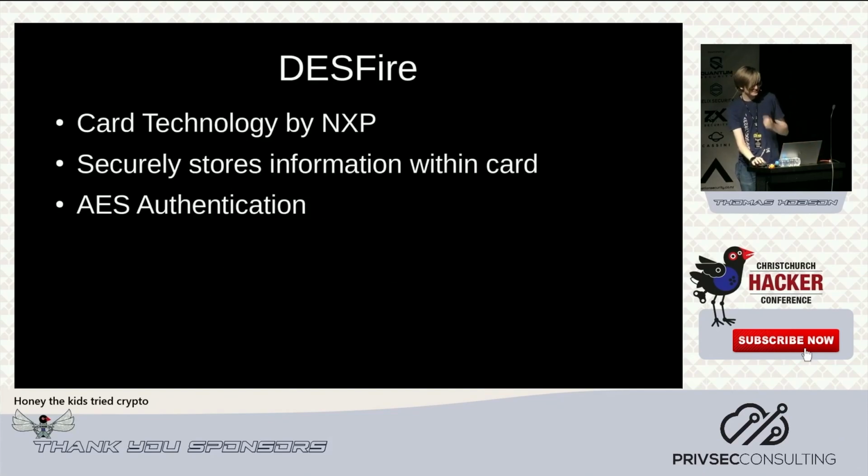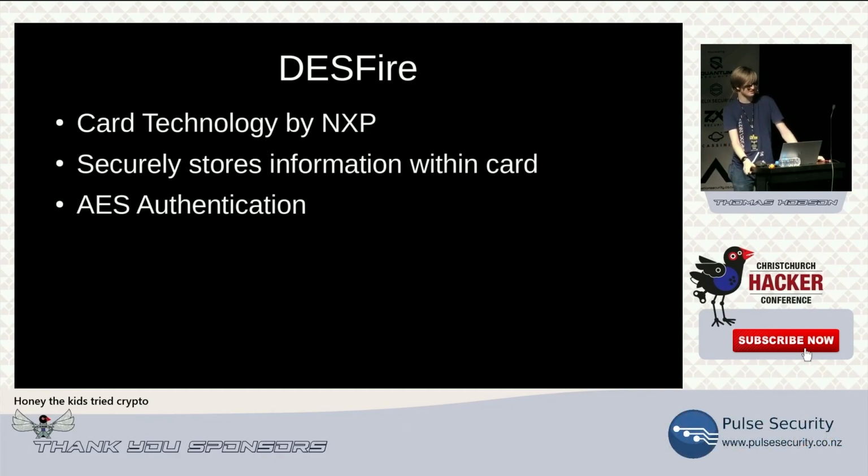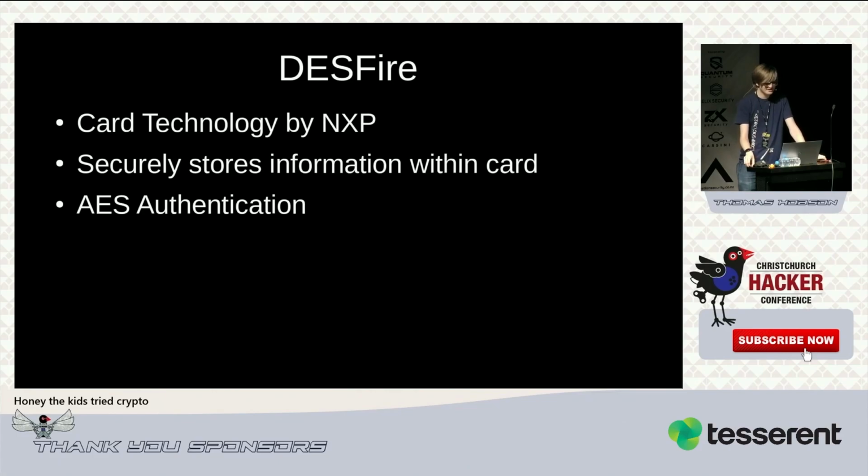So DESFire is a card technology developed by NXP. It's currently one of the most secure ways to store information within a card, without getting into the asymmetric cards with PIV and scanning YubiKeys on readers and stuff like that. It uses a mutual AES authentication, although it does have DES in the name. Most of the time they just use the AES functionality rather than the DES because it's much more secure that way. But for this mutual authentication, you're going to need a key to somehow authenticate with the